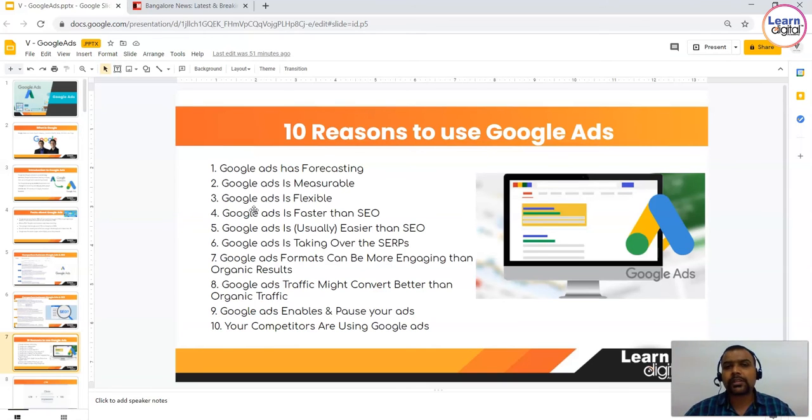But what happens to SEO? It takes a very long time. Google Ads is usually easier than SEO, and it is. There are only a few technicalities which we have to understand. We have to understand the location, the keywords, the bidding strategies, and to whom we are targeting. We have to know our audience. If you are able to understand everything, then it's pretty much easy for us to promote our services on Google